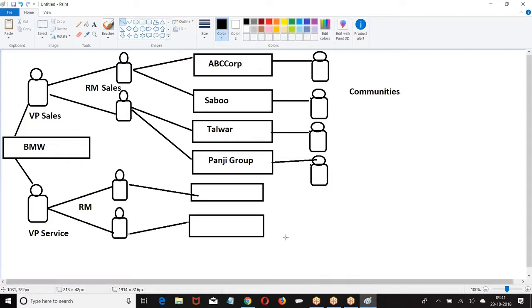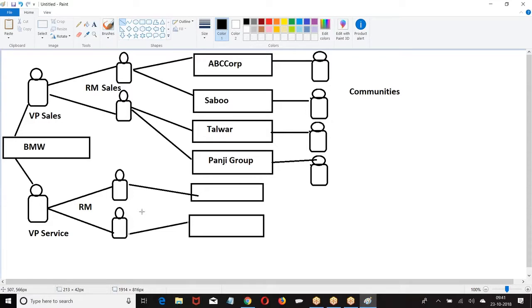So who are those people? They are not my employees of BMW. They are the employees of the service workshops. Some manager will be there who takes a complaint from the customer and enters it. Now, if you want these people to log in, what do we require? Communities. All these people are your internal employees.